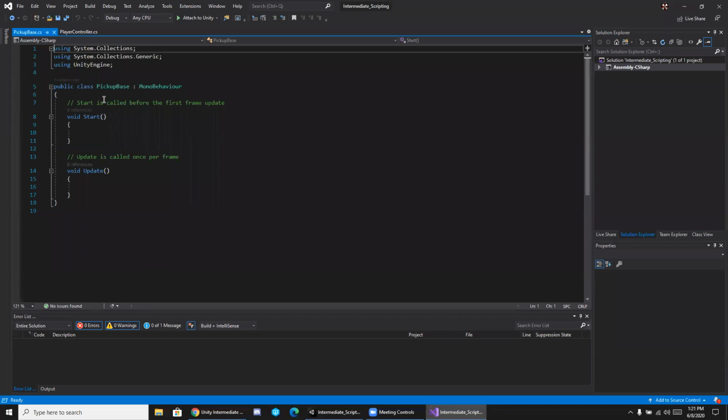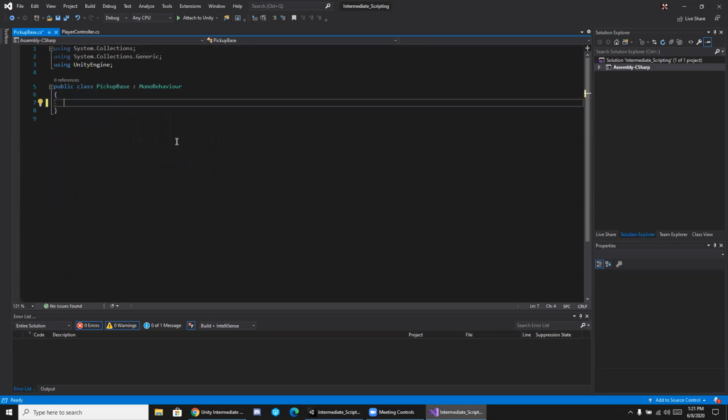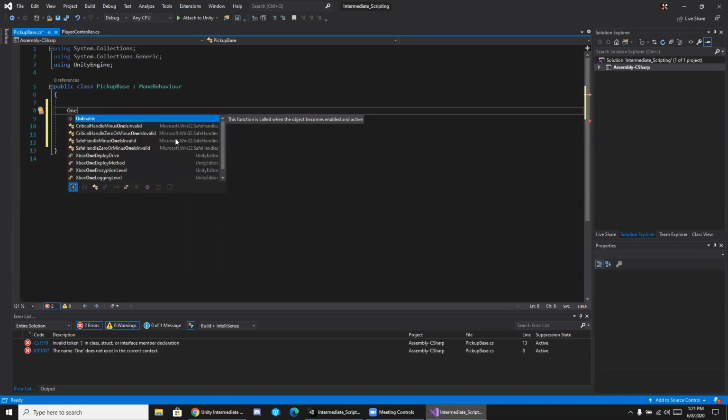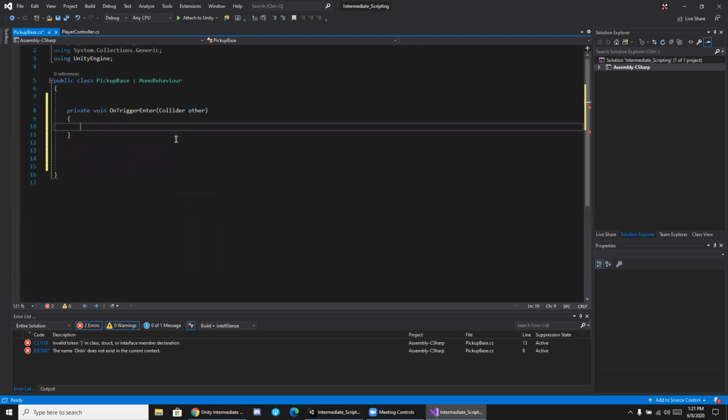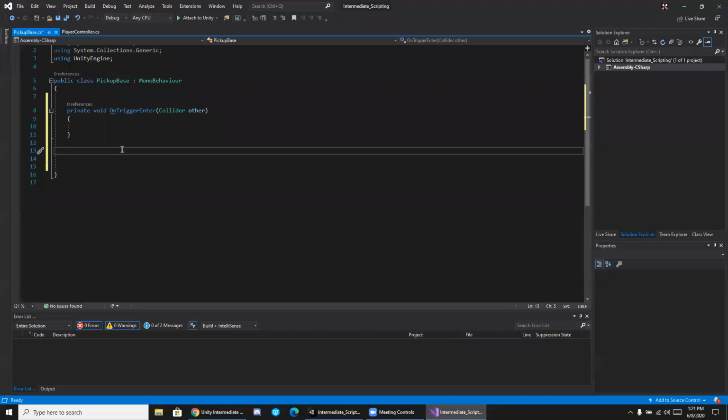Make sure to open that up. And what I want this script to do is just handle the collision detection. So we'll get rid of all that stuff, and we'll say on enter, or on trigger enter. And yeah, we'll just deal with the enters. We don't need to worry about the exits. And what we can do is have that call a specific function that we write called, well, whatever function we want, but we want this function to have no return, so we'll avoid the return type. And we'll call it